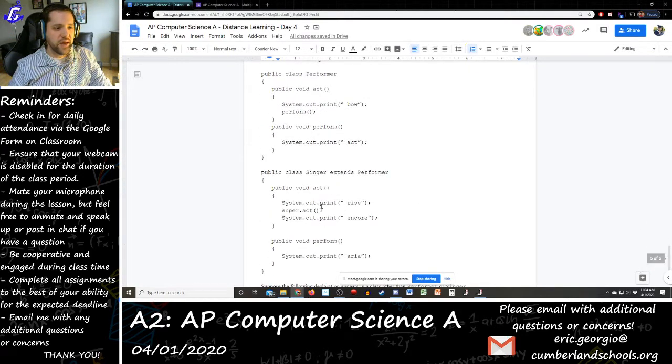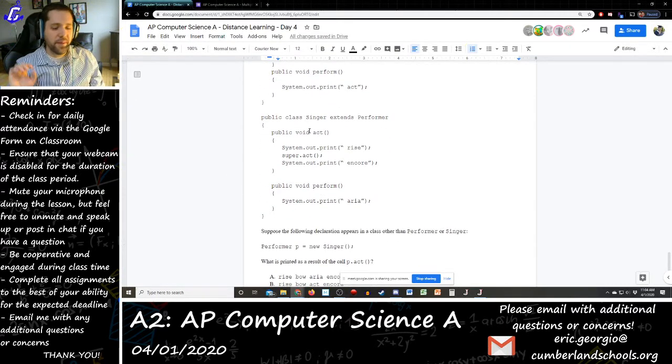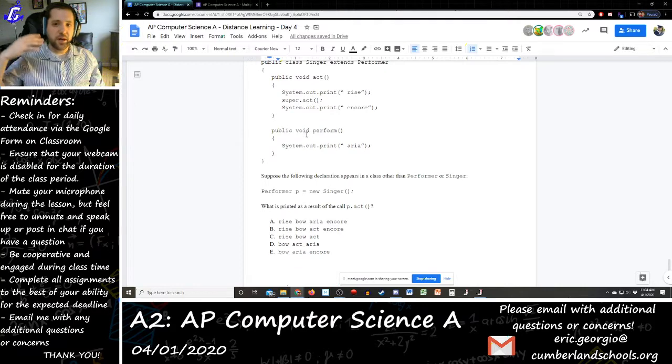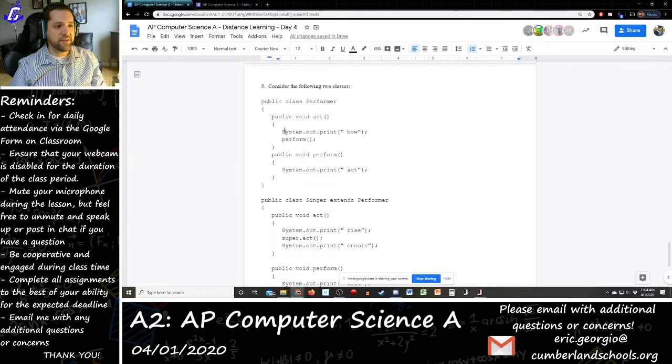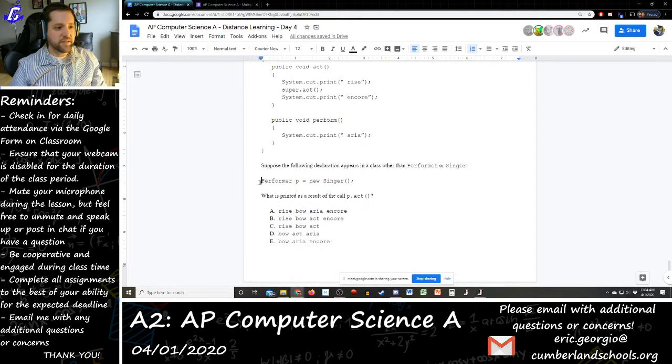Okay, last but not least, we had one on inheritance. This is, again, another instance of my favorite type of inheritance problem, one that really emphasizes the difference between a subclass and a superclass, and the difference between what methods become high priority and what methods become low priority when dealing with polymorphism. You have this class up here called Performer and this class called Singer, which extends Performer. It says suppose you have this declaration in a class other than Performer or Singer: Performer p = new Singer();